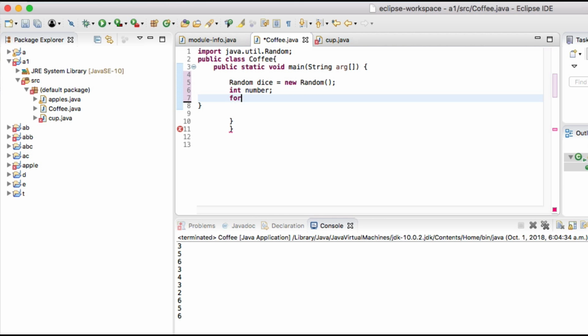then in a for loop we are going to put int counter is equal to 1, and then we set the condition: counter is less than or equal to 10, and then we do the increment by 1, counter plus plus,